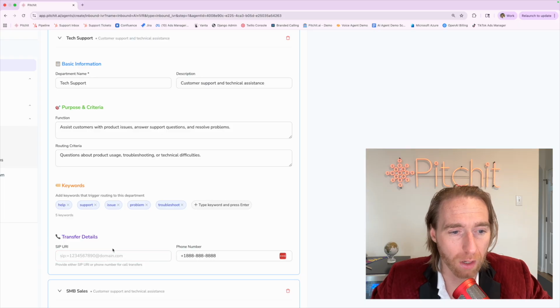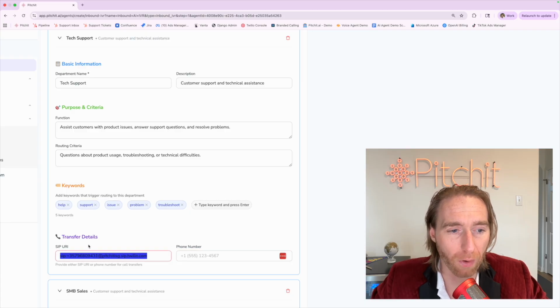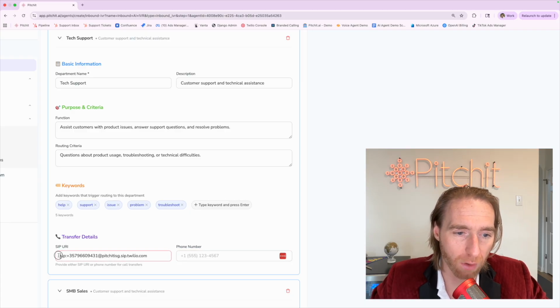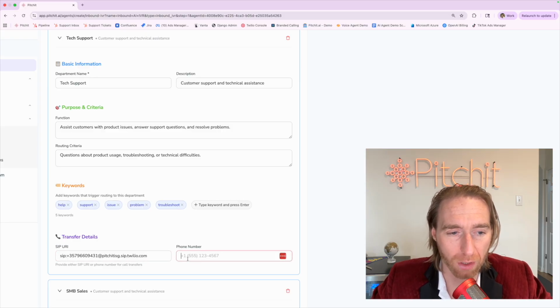Or you can do a SIP URI if you want to do a SIP refer or a SIP transfer, and you're transferring to maybe a VoIP system. Sometimes a PSTN transfer costs more than a SIP refer or SIP transfer would. And so we give you that option to either give us a URL, or I guess you could call it a URI, to make the transfer, or if you'd rather us transfer to a local area number, or if you're in the Caribbean,